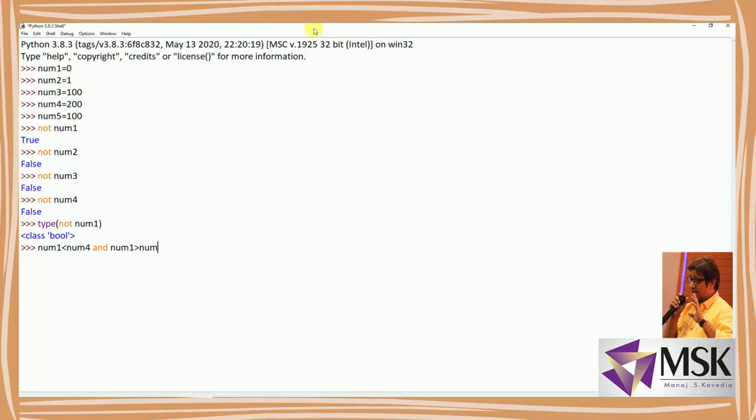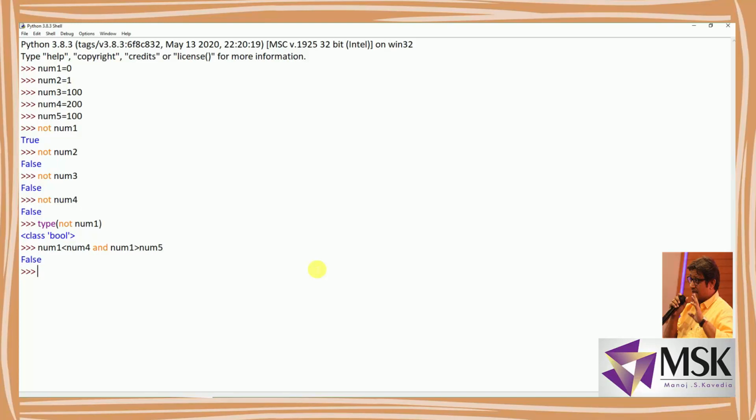Now let's see this expression. Num3 is 100, num4 is 200, so num3 is less than num4, which is true, and num3 greater than num5, but num3 is 100 and num5 is 100, so that is false. So I should get false at the output, so I'm getting false.